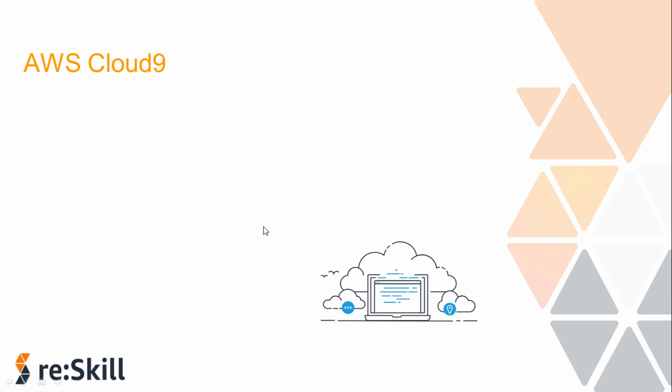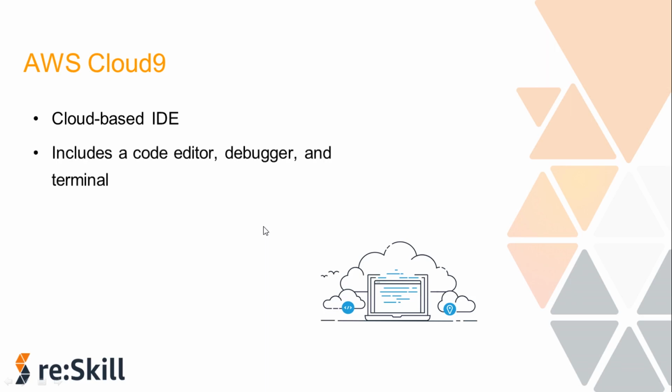So what's AWS Cloud9? It's a cloud-based IDE that lets you run, debug and write your code with just a browser, and it includes a code editor, debugger and also a terminal. There is no additional cost to use AWS Cloud9. All charges are based on compute and storage resources that are consumed through associated AWS services such as Amazon EC2. Cloud9 supports several programming languages such as Python, JavaScript, Go, and PHP, and doesn't require a developer to install any additional files or configure the service to start a new project.